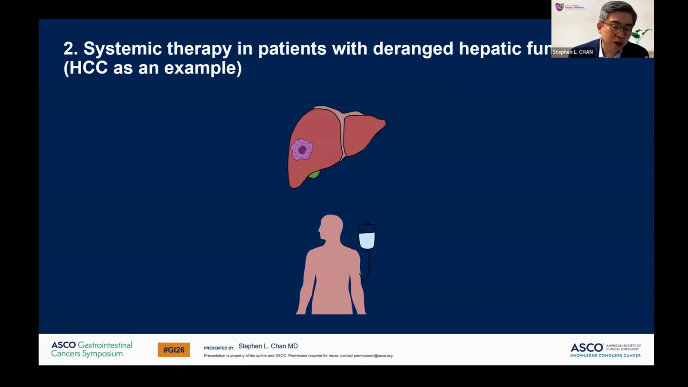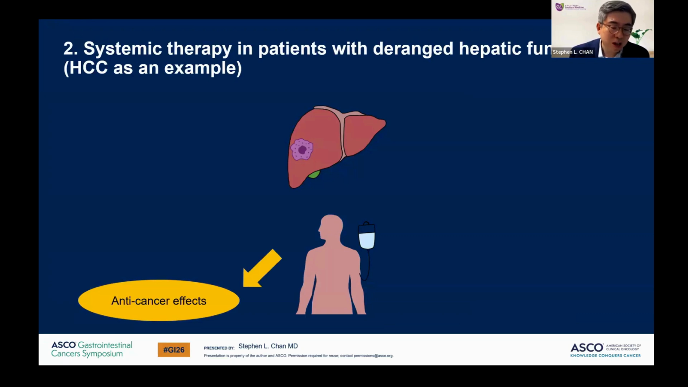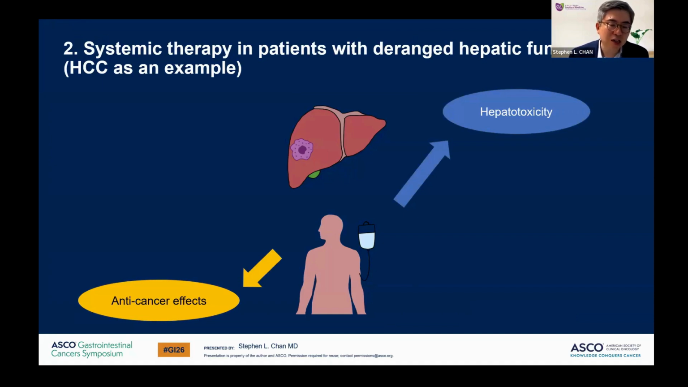And then we use the HCC as an example to see what type of therapy will be more suitable for patients with deranged liver function. On one hand, of course, we want good anti-cancer effect. But on the other hand, as we have a lot of hepatologists here or experts with experience in liver cancer management, we know that hepatotoxicity is also another